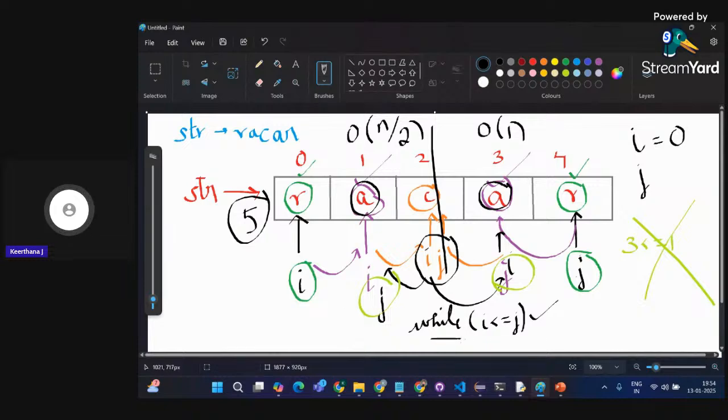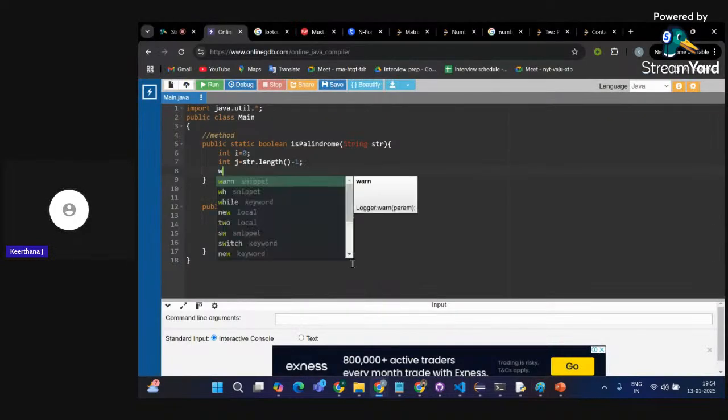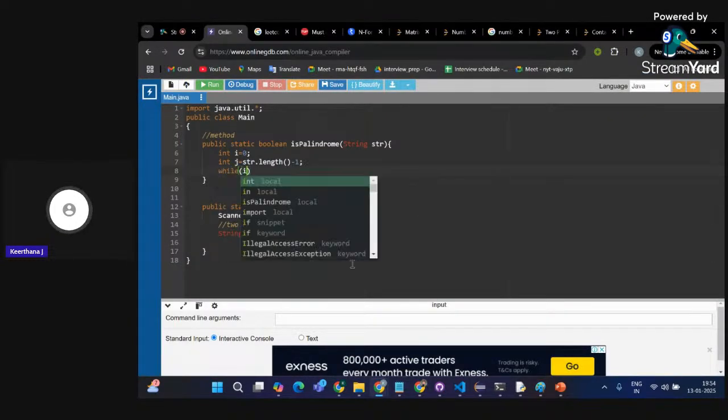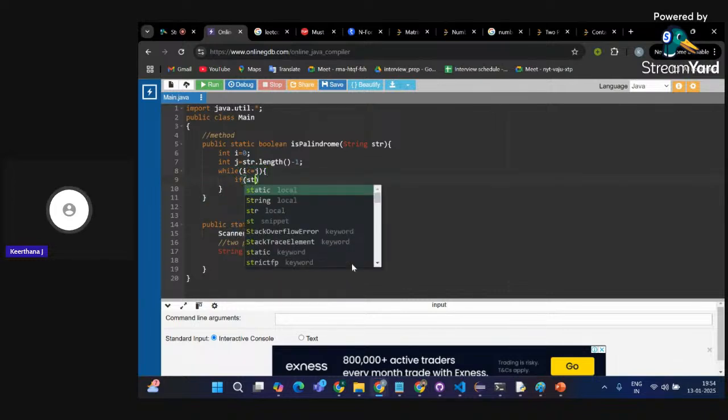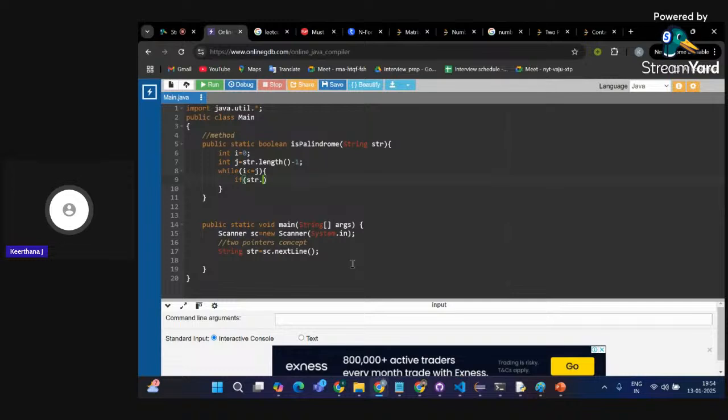So I'll be writing the while loop logic. While i is less than or equal to j, in order to retrieve the character present at a particular index, we'll use the charAt method.